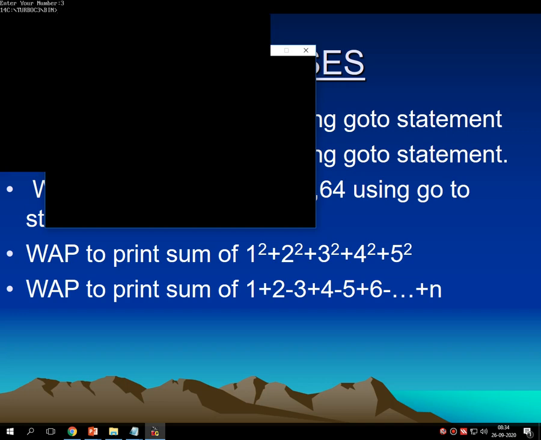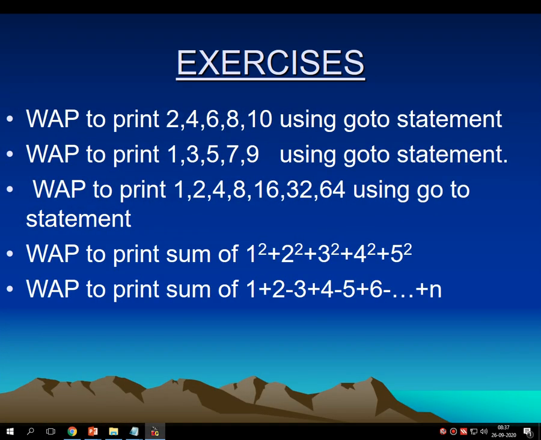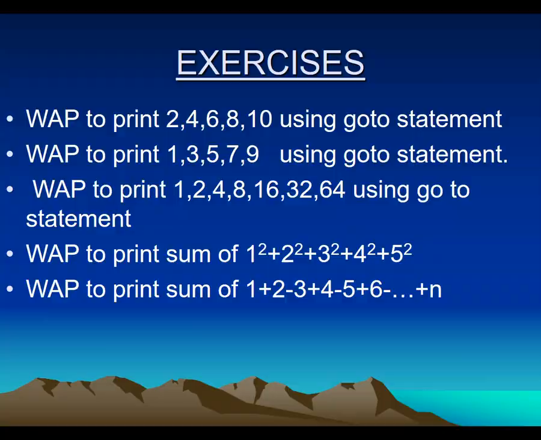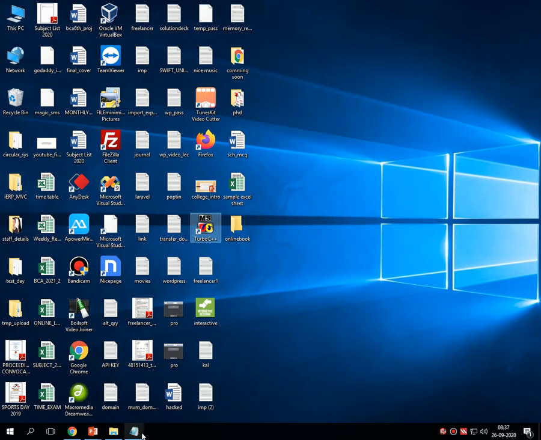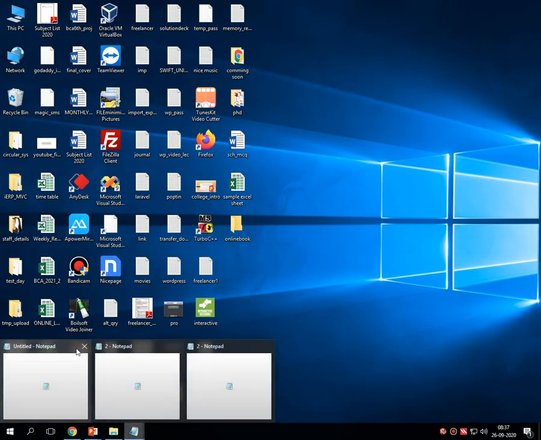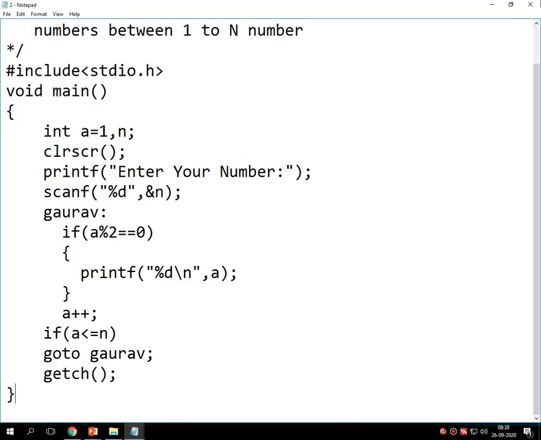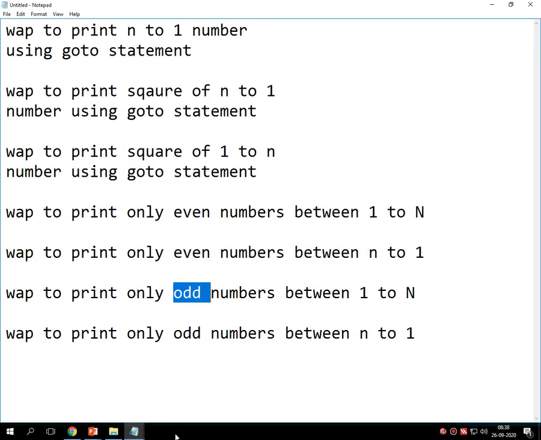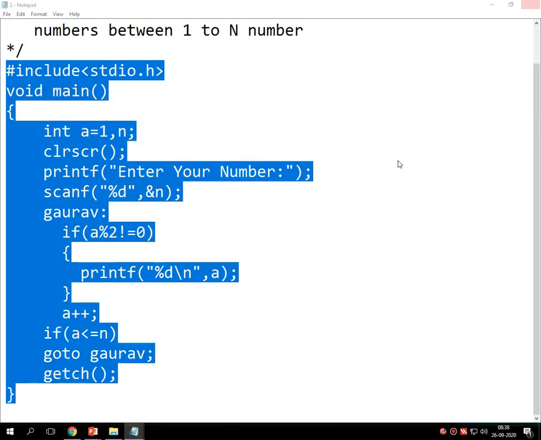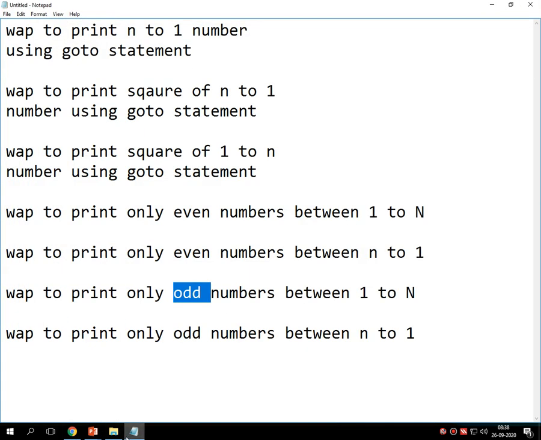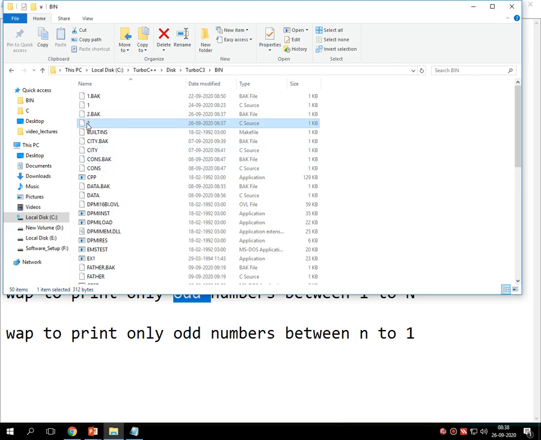in the notepad. Many tabs I have opened. Let me close all these things.